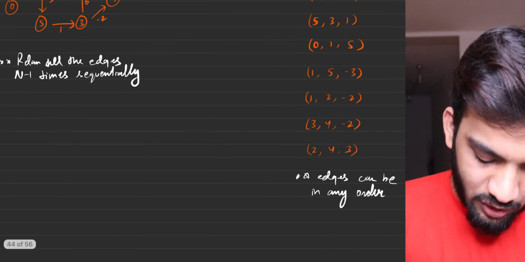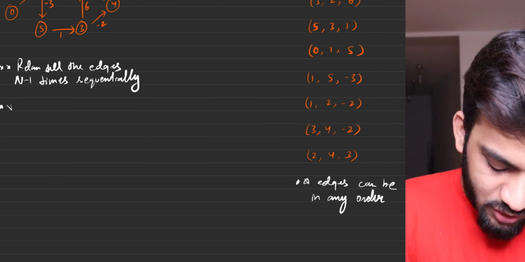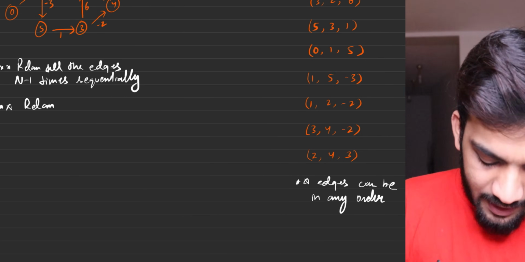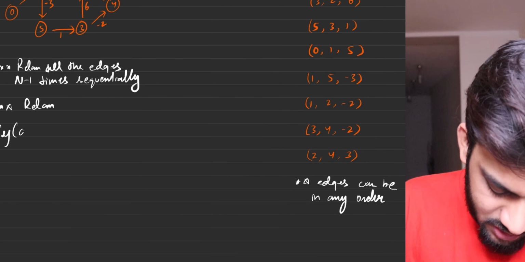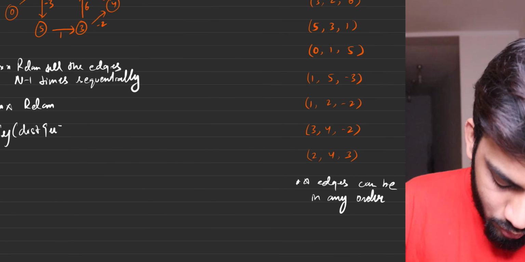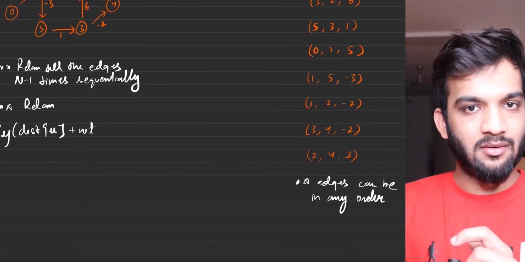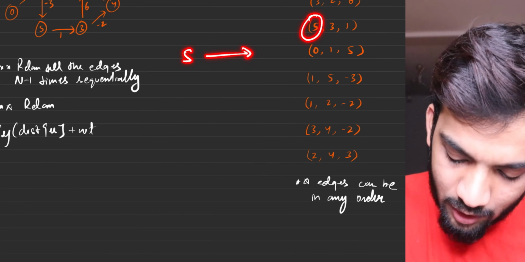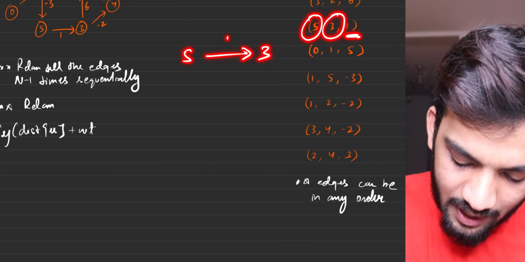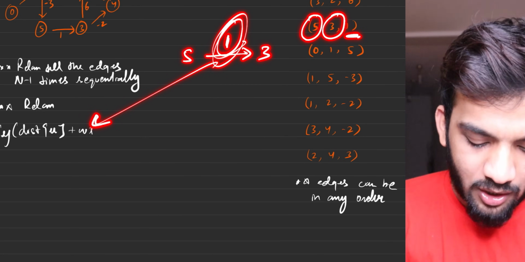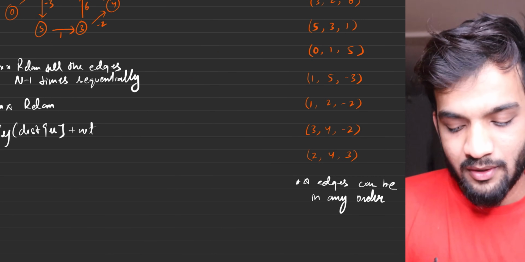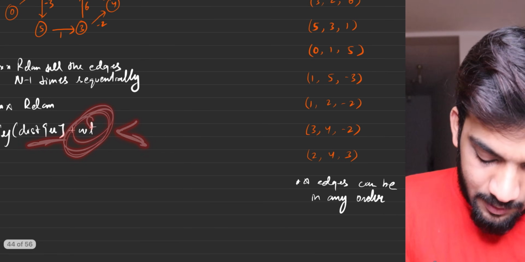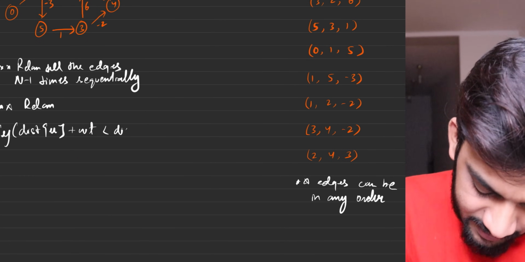Now, what is the definition of relax? Let me write that as well. So, the definition of relax states: if you have a distance array and the distance taken to reach u plus the edge weight that you require. For an example, you're standing at 5 and you want to go to 3. The edge weight is 1. So this is the edge weight that I'm talking about. So if the distance of u plus wt is lesser than, very, very important, is lesser than the distance of